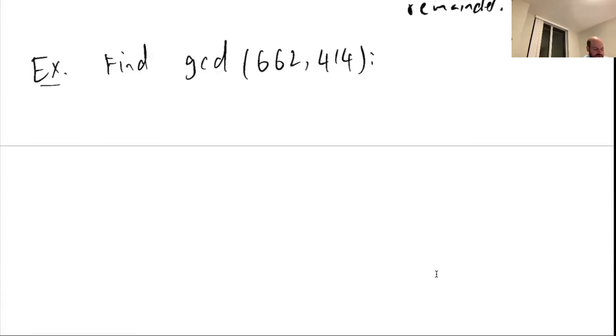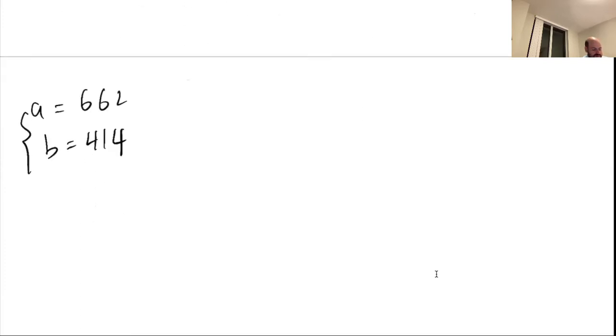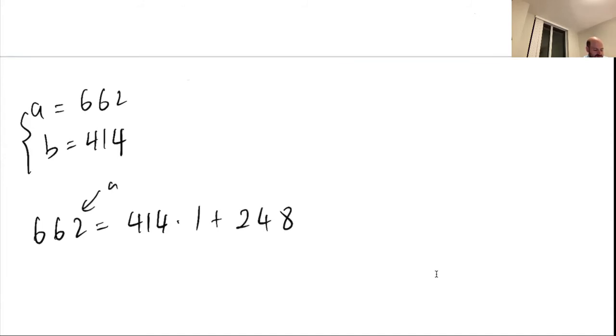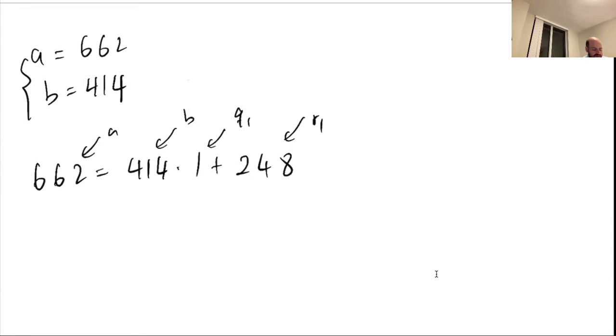So in this case, my A here is 662, my B is 414. So first I need to divide A by B. So 662 is equal to 414 times 1 plus 248. So this is like my A, this is my B, Q1, R1. And then I have to divide B by R1,